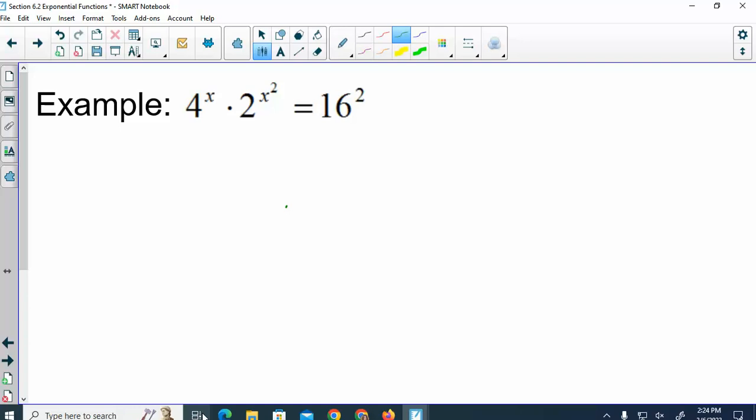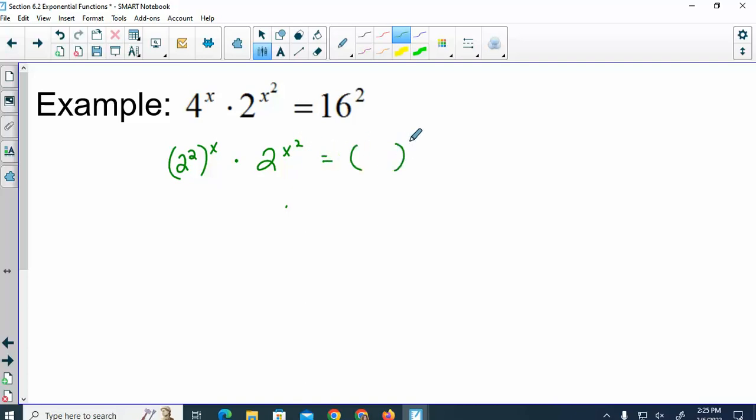Well, we just gotta make them all the same base. Can you take 4 times 2 when they have those exponents? No. My property only works if I only have the base written once on each side. So I need to rewrite these. What could I change my 4 to? 2 squared. And that was 2 to the x. Times 2 to the x squared